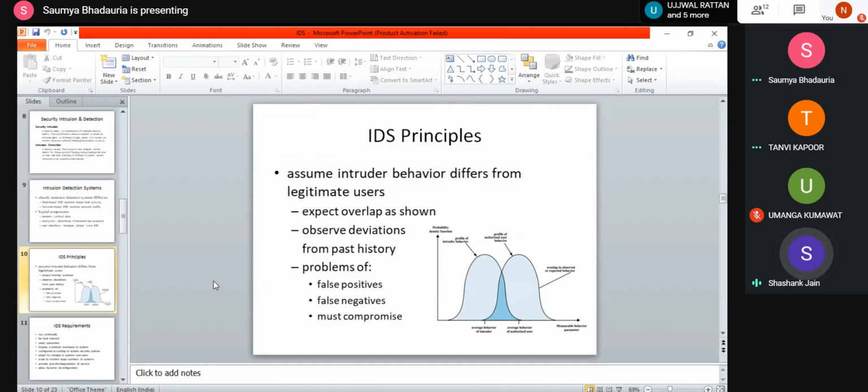It gives a warning of an intrusion when there is not an intrusion, that is a false positive, and a false negative when there is an intrusion, but it does not consider it as an intrusion. So you are categorizing whether the user who is trying to access is an authorized user or a non-authorized user.